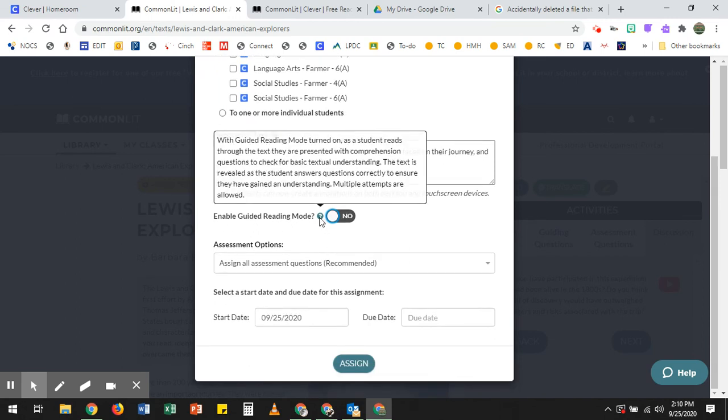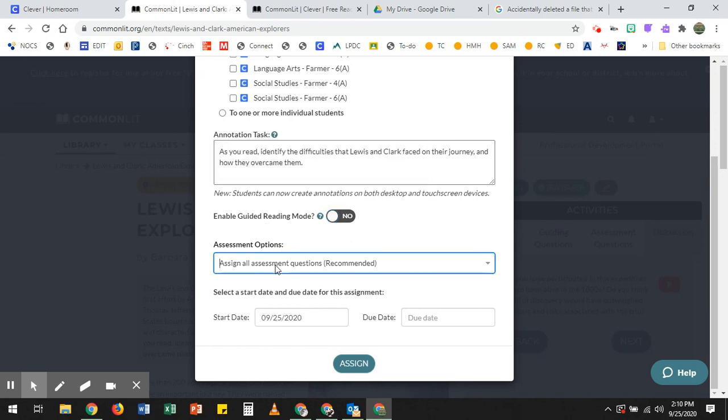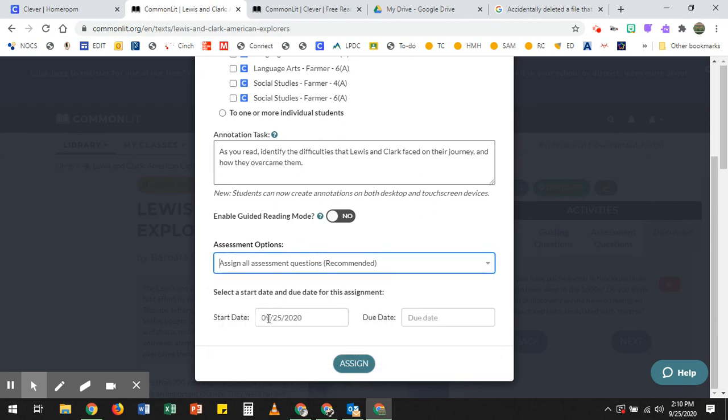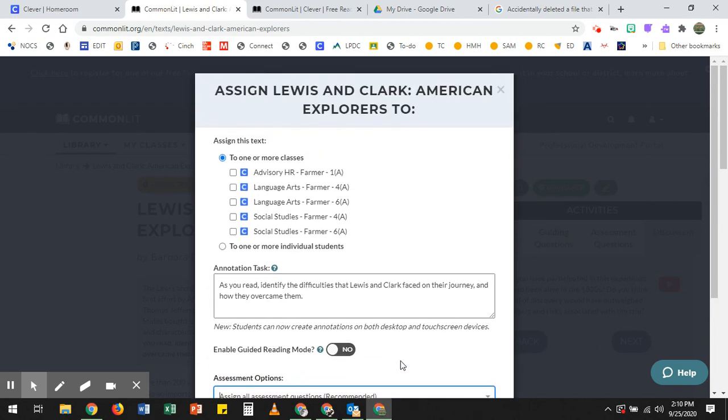If you need to know more about guided reading mode, you can hover over the question mark and then the assignment options. So you can decide what you want to assign on the assessment. If you want only multiple choice, only short answer, or do not assign, and then you have a start date and a due date. Students would complete this all by logging into Clever and then accessing their assignments in Common